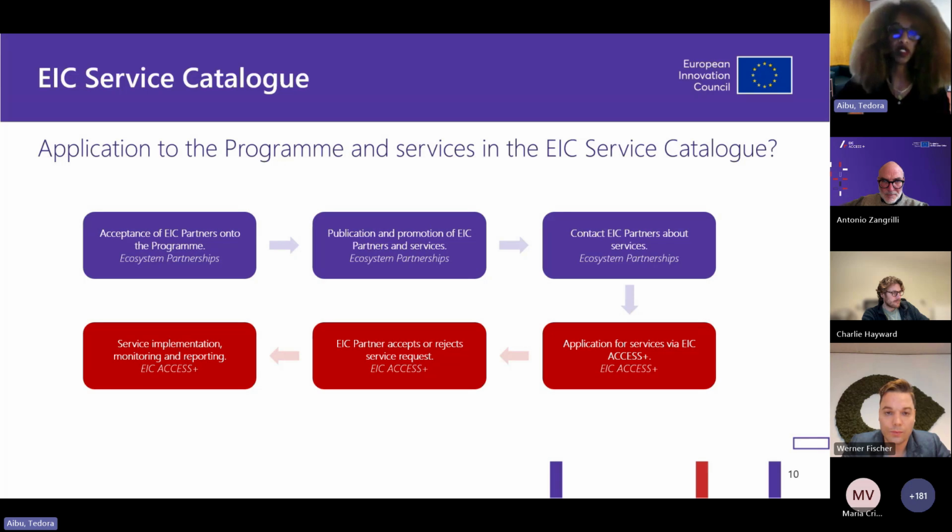In terms of the application, going from the partnership program all the way to EIC ACCESS Plus, this is just a very simplified overview. So we start off with onboarding of partners when they're accepted onto the program. We publish their profile and their services on the catalog, and they are promoted by us and the partners. And at this point, you are able to contact the partners using the button that we mentioned before on the catalog. And from here on, it moves to EIC ACCESS Plus. In EIC ACCESS Plus, you will be able to apply for the services, and then it will move on to the acceptance or rejection of your service request by the partner,